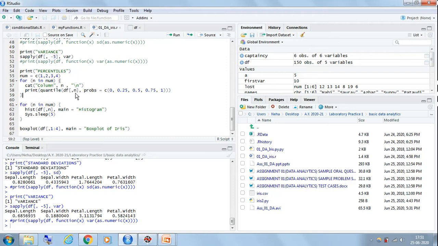What are the probabilities in this case? So it lies between 0, 0.25, 0.5, 0.75 and 1. So as we have discussed about the quartile information, so first 25%, then 50%, then 75% and then 100%. So it is the same thing in terms of probability. Okay, so let us run this and see what exactly we get in the output as a percentile.